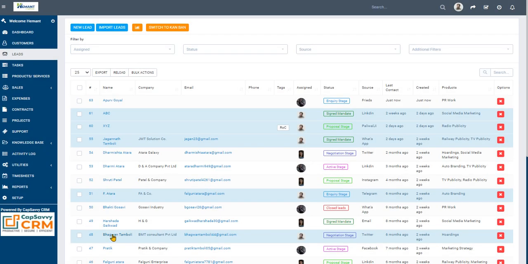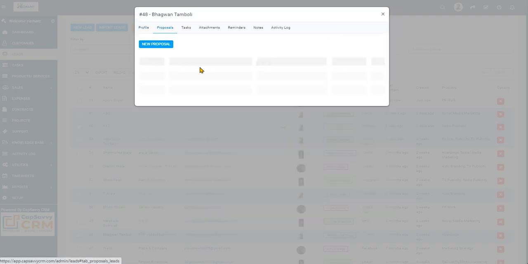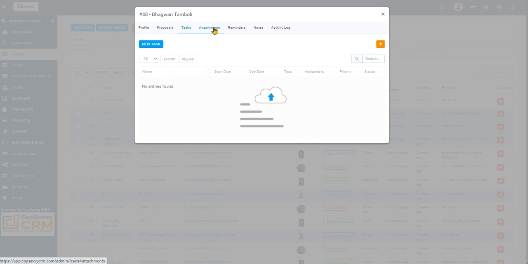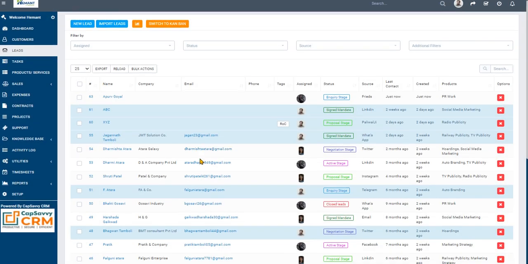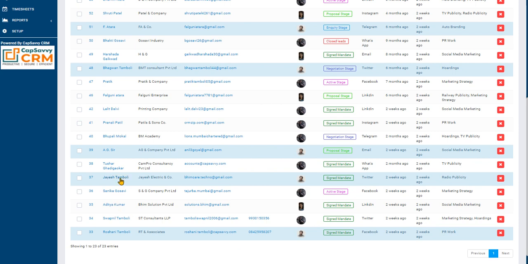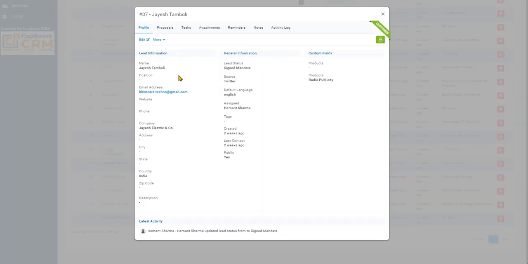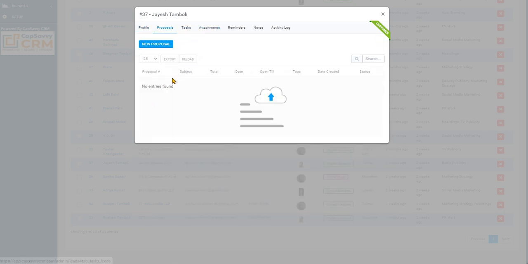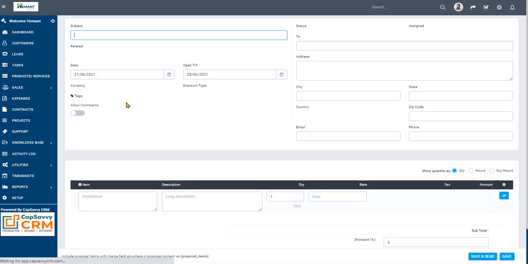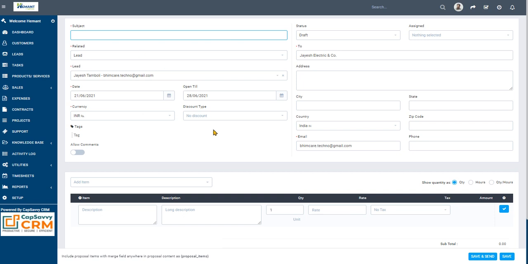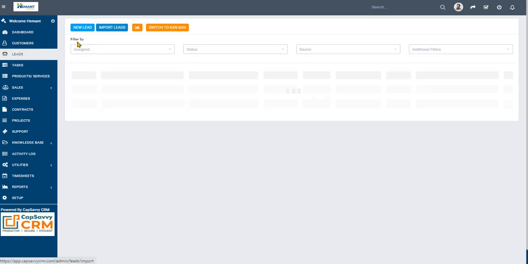No proposal here also, no task, no attachment. So here no proposal. If you want to create a new proposal, that will be covered in a separate section. Here we are talking just about leads only. I hope you have understood the lead creation.